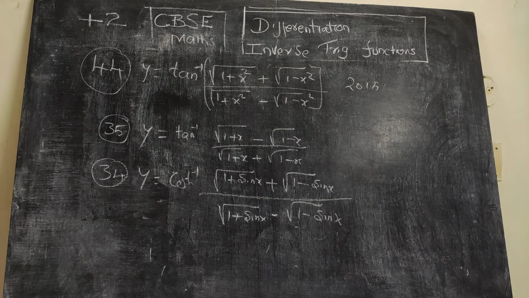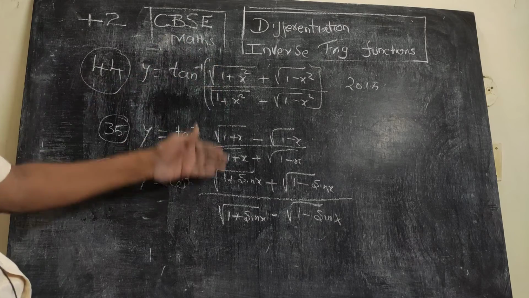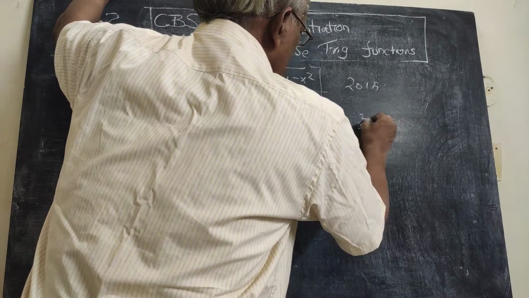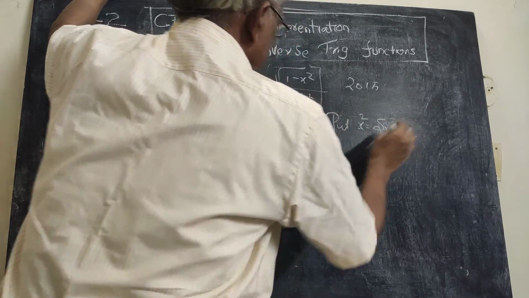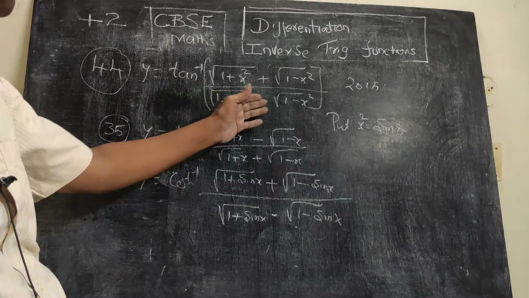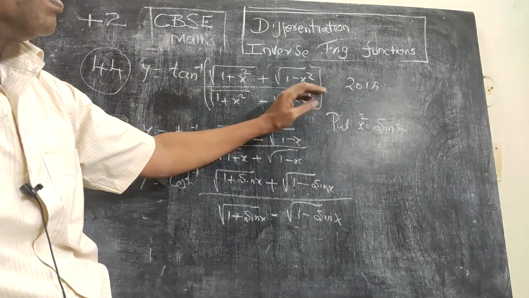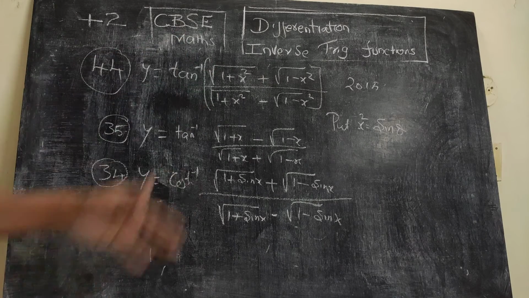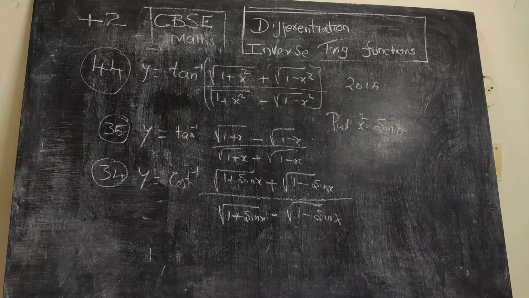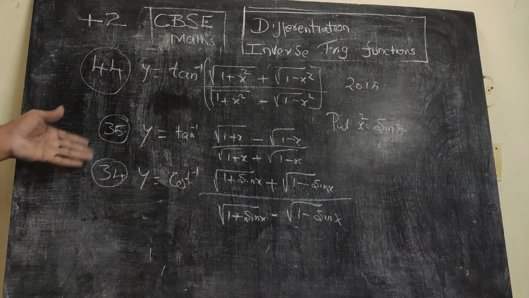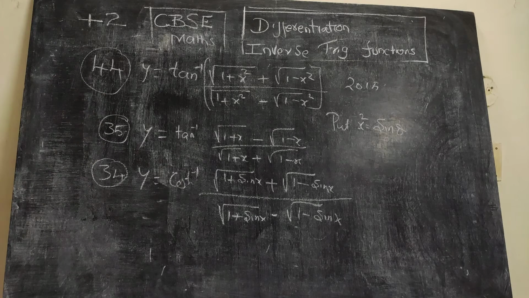Now let me come to this 44th problem. 1 plus x square is there. It's very much similar. So what you do is put x square equal to sin theta. This will become 1 plus sin theta and 1 minus sin theta. Rationalize that and then proceed. You will be getting the answer. So you can do that. Practice only makes you perfect. Already we have discussed two problems similar to that. In case you have any doubt, go to question number 34 and 35 in the earlier videos.